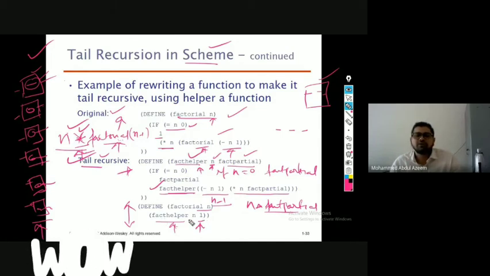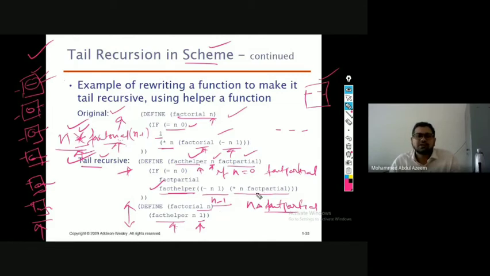So here what is happening is, you need not wait until the last call is made to carry out the operations. Rather, you can evaluate the operation at the time of the call itself. That is the difference between normal and tail recursion. Because of this, the advantage is that you need not store values at different places to separate them.